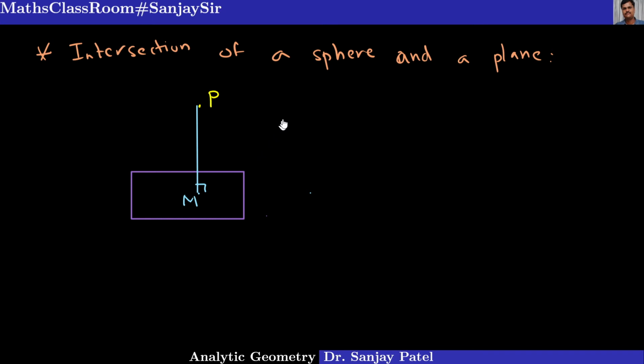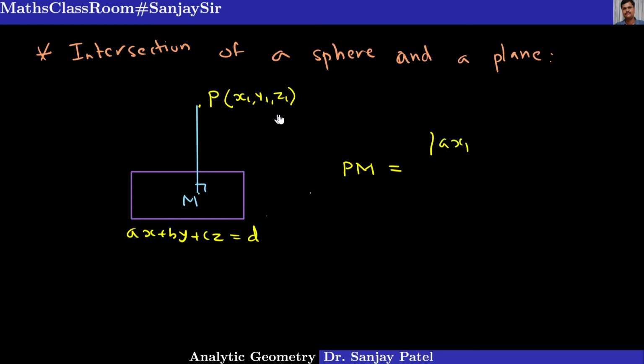So if the equation of this plane is, say, ax plus by plus cz is equal to d, and the coordinates of the point P, which is outside of this plane, is x1, y1, z1,